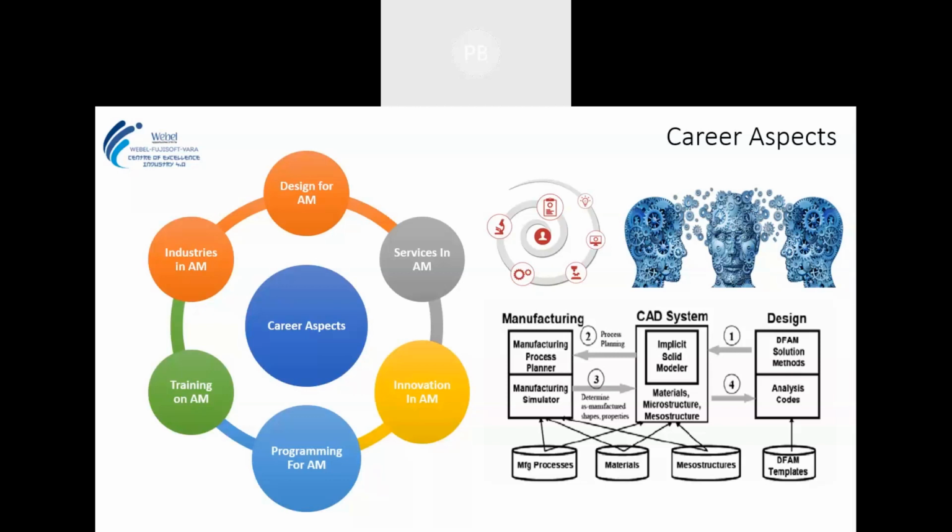You can start your training institutes, or a college where you will be doing a diploma or engineering on 3D printing. And then there are the industries in AM. As per the Indian government law, they are now pushing industries for full-fledged production to be run on 3D printing, where there will be thousands of 3D printers printing jobs on a regular basis. That is what we will be covering in our coming slides: how 3D printing works, what the applications are.